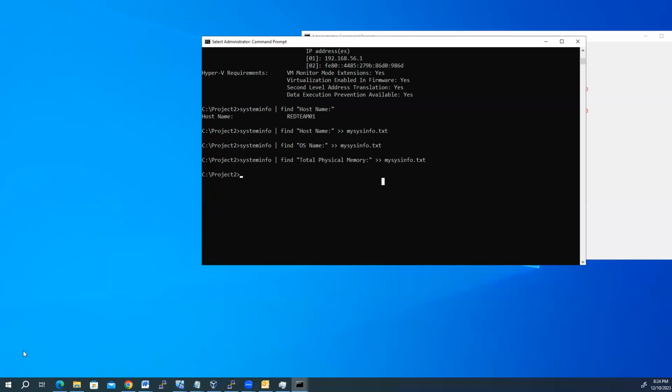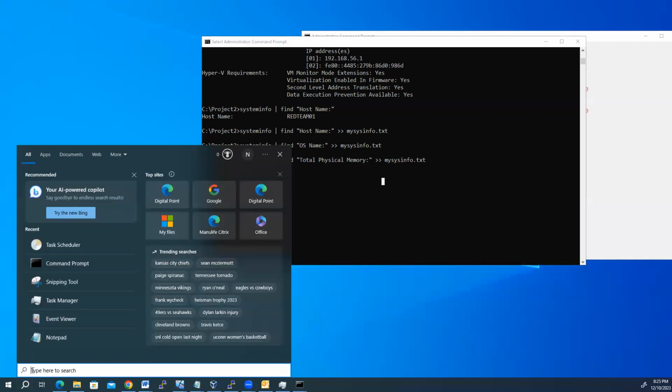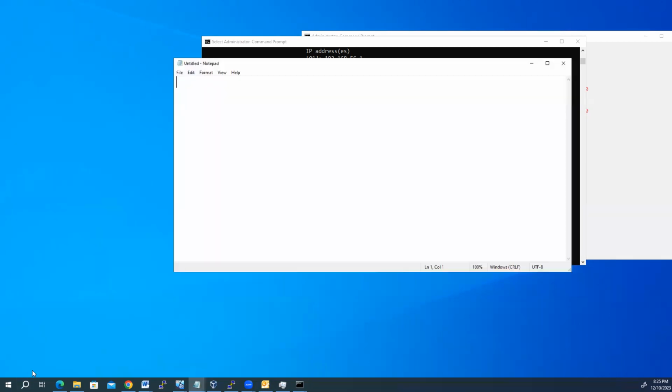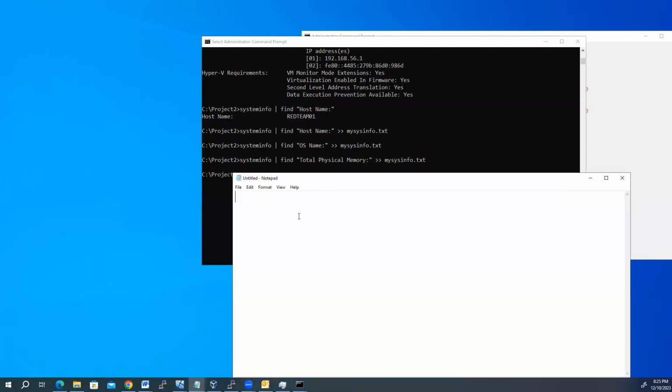So how to do that? Step one, I have to open an editor. Let's say Windows has a built-in editor called Notepad. So I type all my commands here. All the commands that I have, I type them one by one, whatever I want to automate. So let's say as an example, systeminfo, then pipe, then whatever the output, let's say pipe find, and I type host